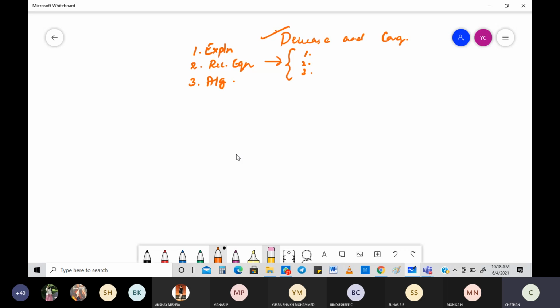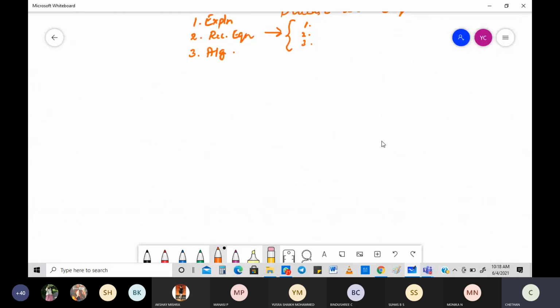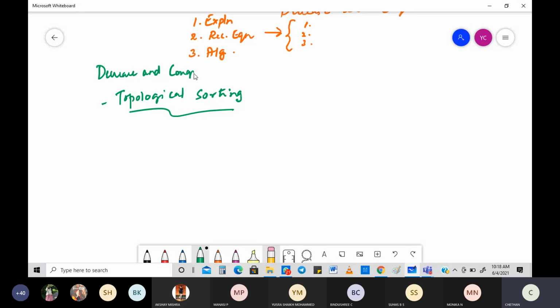The next part of this module 2, the last part of this module 2, a very big module to be honest. So what is the next step? The next step is we are going to figure out what is known as topological sorting. A thing called topological sorting we are going to learn. Before we move into this, I'm going to say what you're going to look for here. First and foremost, this comes under the technique of decrease and conquer. So you can very clearly understand that we are going to decrease something every step.